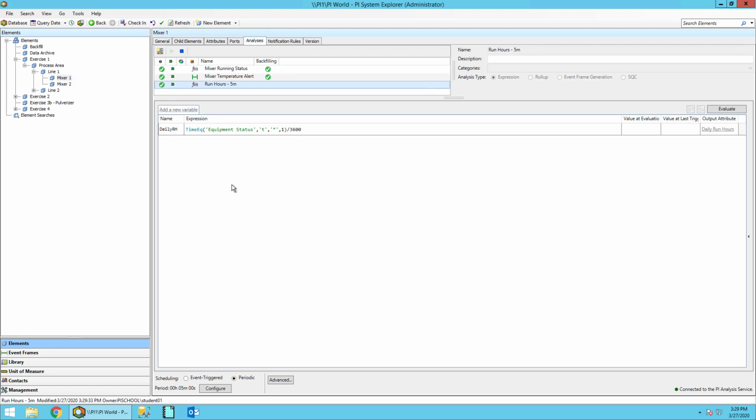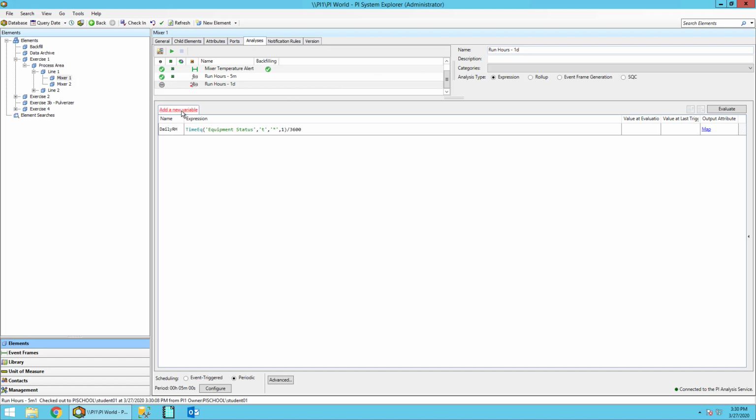So we saw there were many more options in our mixer than just the daily. We wanted to see maybe monthly and yearly run times. So we'll be creating a new analysis for these since they don't need to run every 5 minutes. Instead, we're going to calculate them daily. Since the analyses will be quite similar, we're going to copy our 5-minute analysis and then rename it to be run hours-1 day. So we'll copy with the right click and paste, and rename our run hours 1 day analysis.